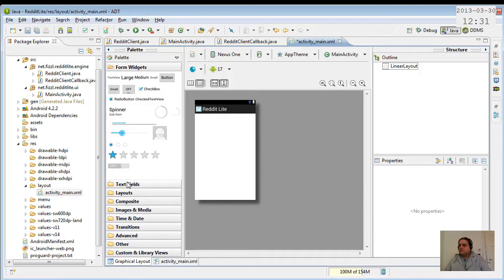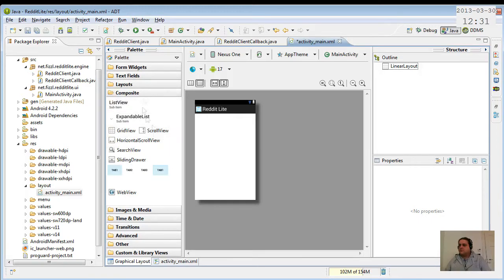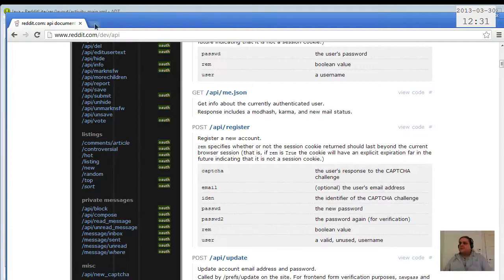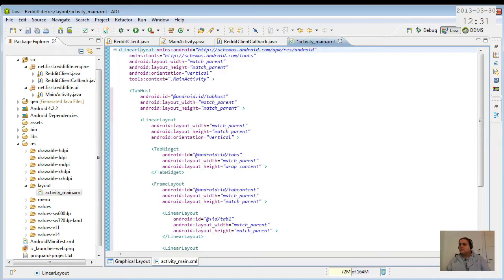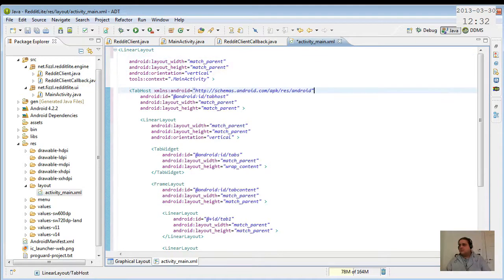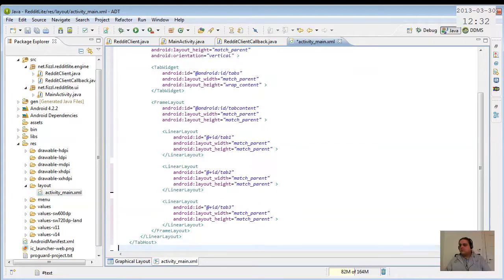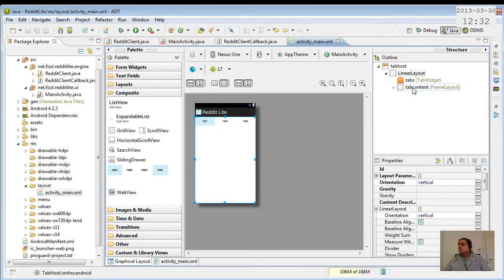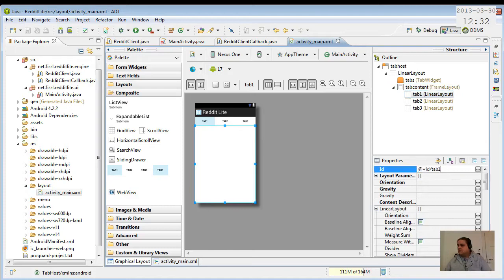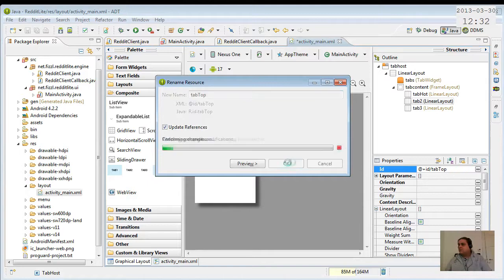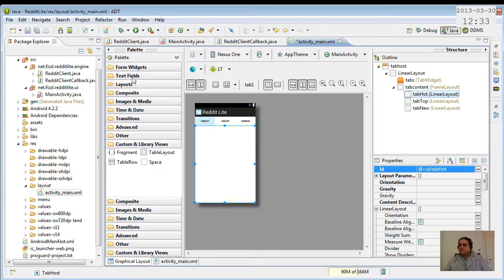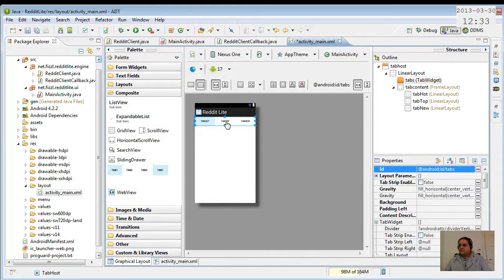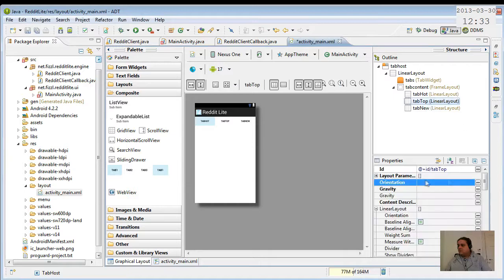Okay, so we are going to rearrange the UI with tab hosts. I want to create 3 tabs, one for hot, one for new, and one for top, and have list views on each one of those. And those who actually know Android coding already know that I'm doing something silly here, and it's not going to work in the end. But nevertheless,